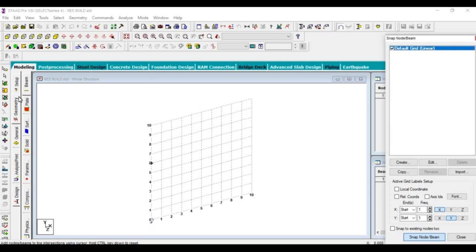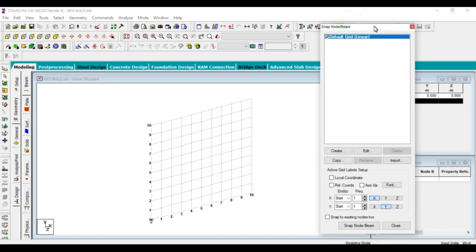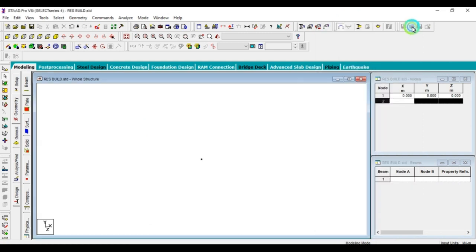I will take the node cursor, which is taken automatically, and draw one node at the origin. I escape from the origin tab and close the snap beam option. After closing the snap beam tab, one node is visible because I placed one node in the grid.